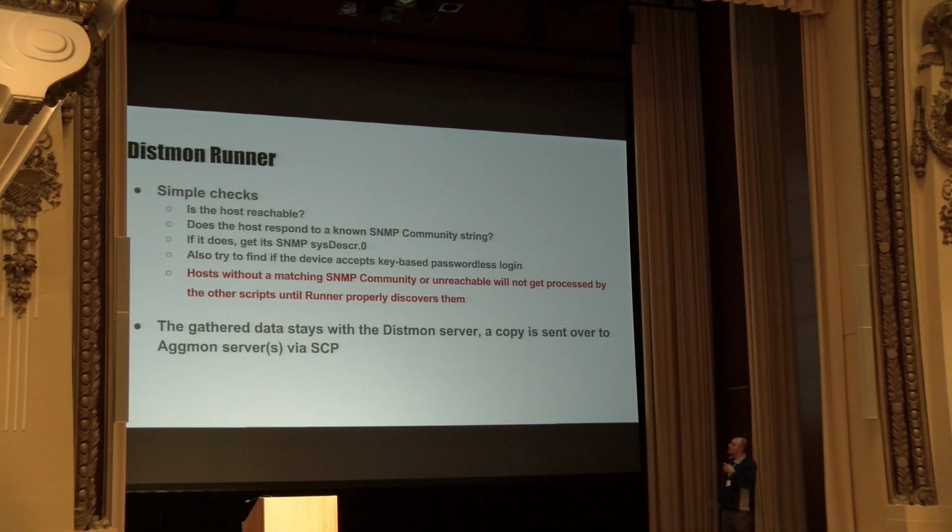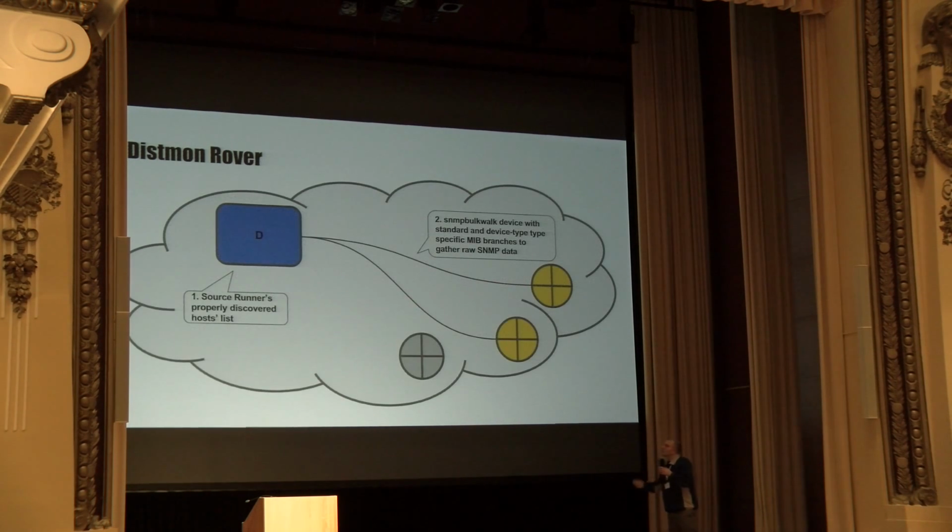One important thing to remember with the script is that if a device cannot be discovered and identified properly because it's unreachable at the moment, like it has a downtime or a failure, it will not be processed by any other scripts in the line until the runner discovers the device properly. So if we run a second invocation of the runner script, the device gets discovered, it then gets processed by the other scripts. And we go over to the Rover script, which takes